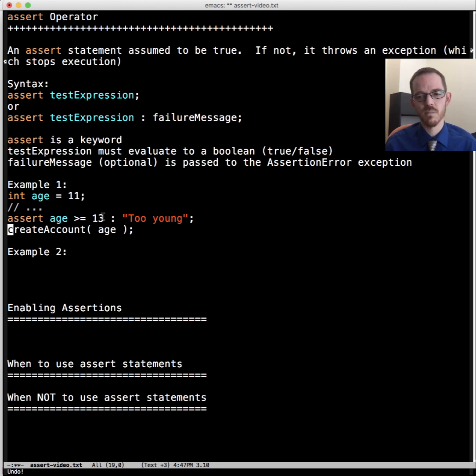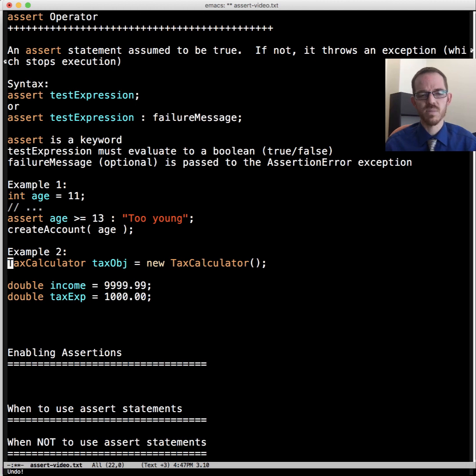So let's see a more complete example that I would expect you to write in code. Let's say we had some tax calculator class, and we're calling the constructor, creating a new one here, and we're assigning it to the object reference tax object.